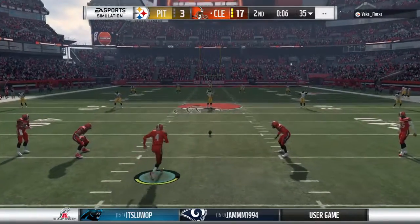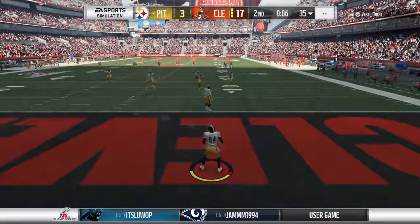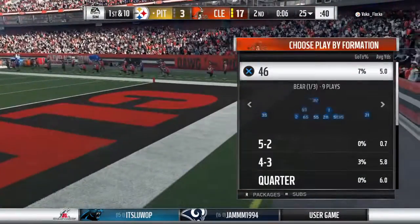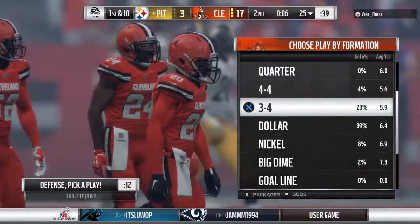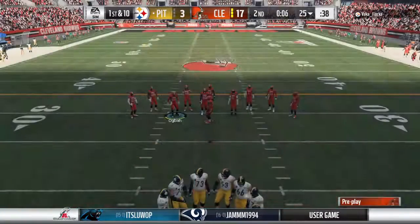So after surrendering the punt return for a score, let's see what they can do in turn on this kickoff. And they will not get a chance to return this one as it's through the end zone for a touchback. The Steelers offense now, they head back onto the field. And from this spot in the field with the clock where it's at,